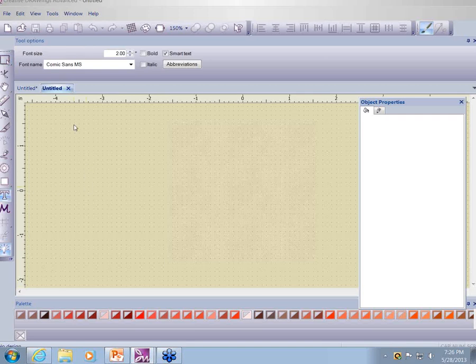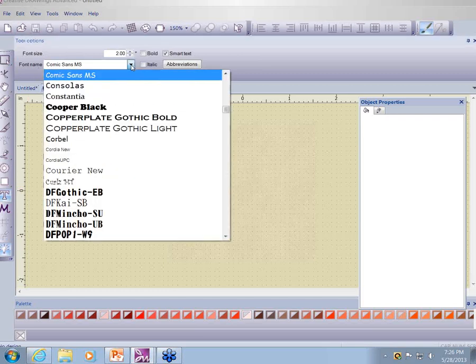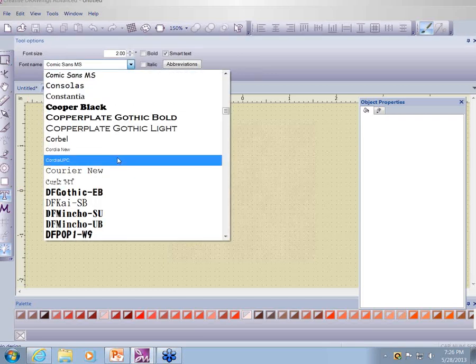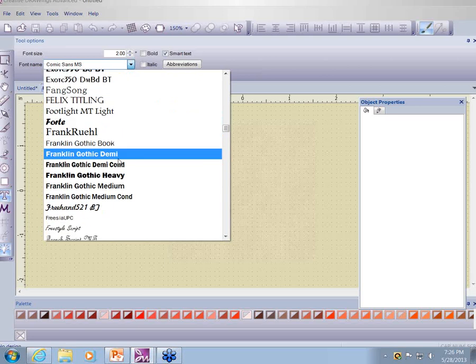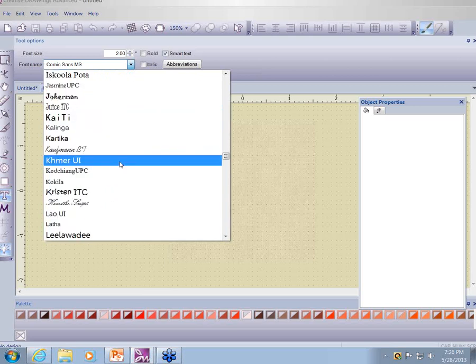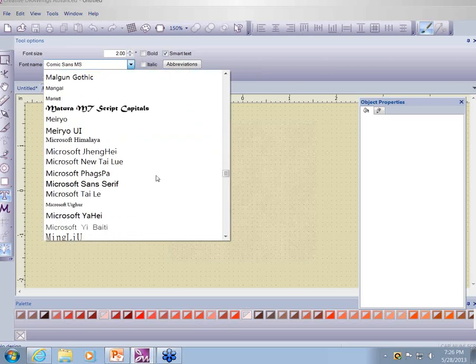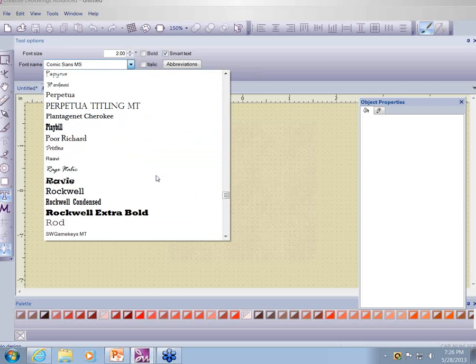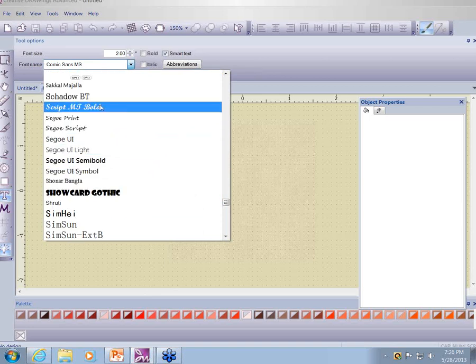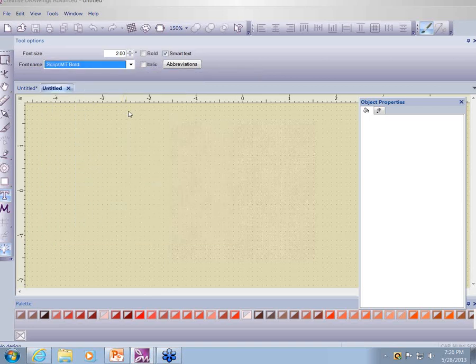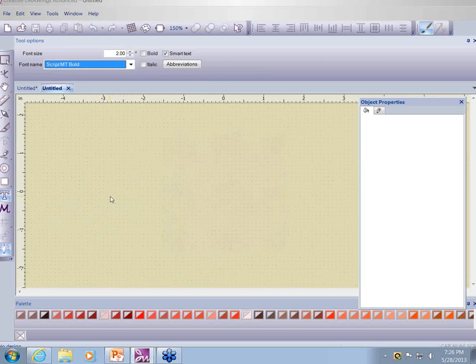And I'm going to go up here where it says Font Name. I want to find Script MT Bold. So I'm going to scroll down because this is alphabetical. I know that it is right here. So I'm going to choose that one, and then I'm going to go over here,